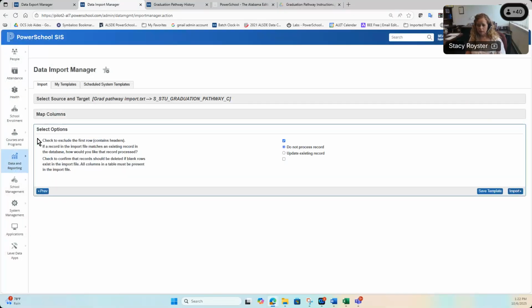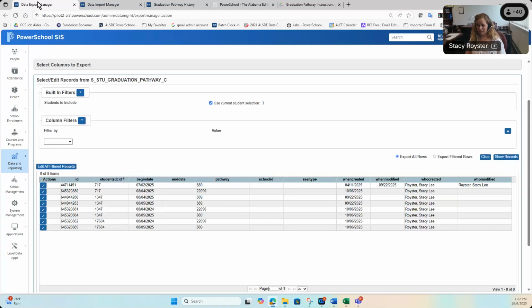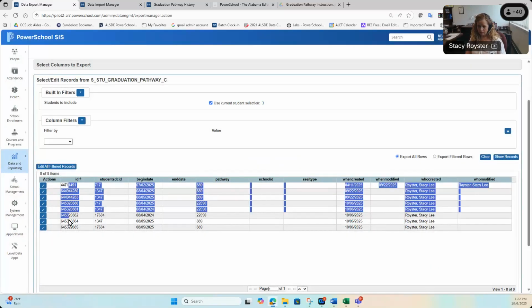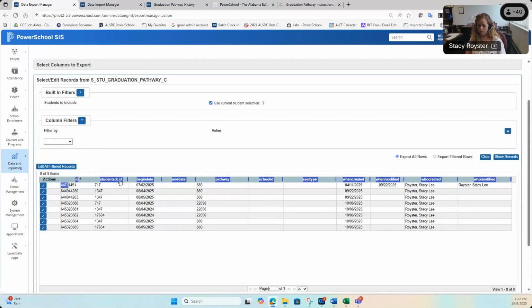When it gets to these right here, if a record in the import file matches an existing record in the database, the only thing that it can use to match that existing record is this ID column right here. Right here, this very first one. If you wanted to go in and say, all right, I need to fix this data, you have a couple